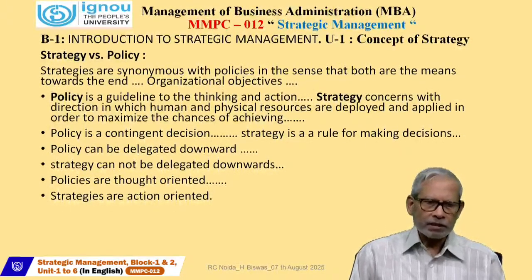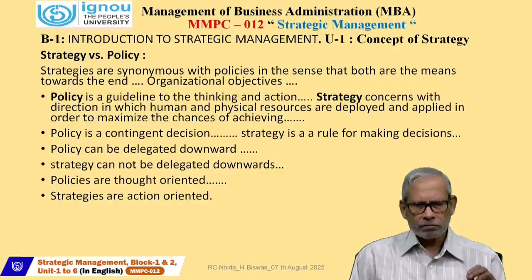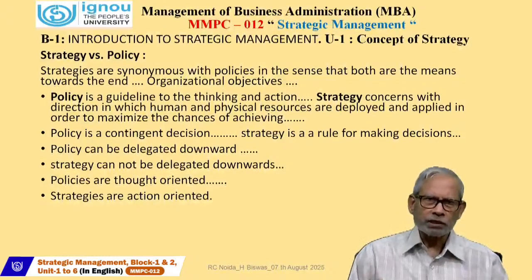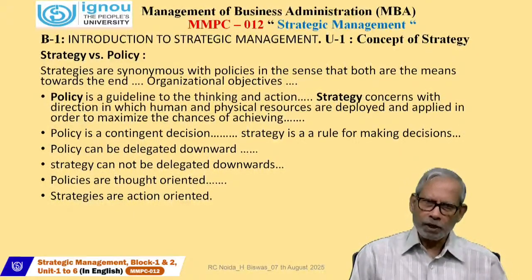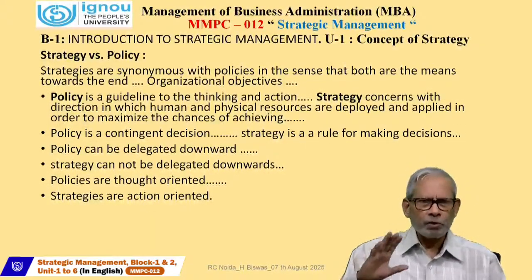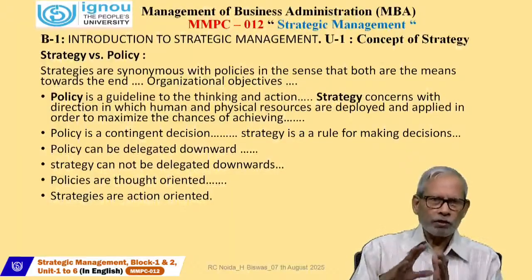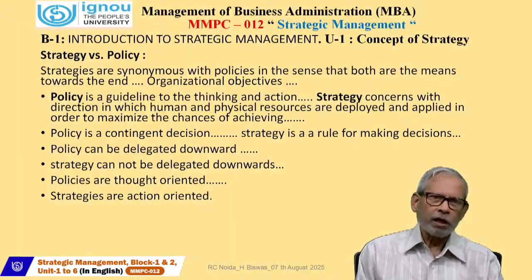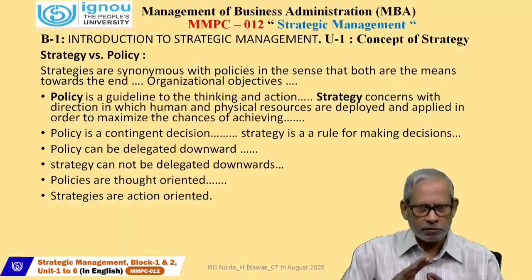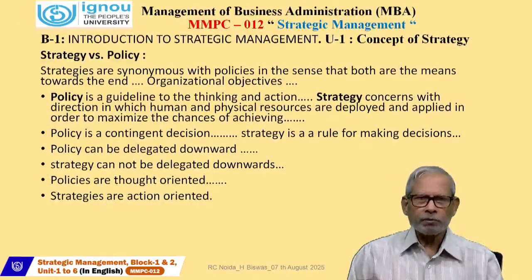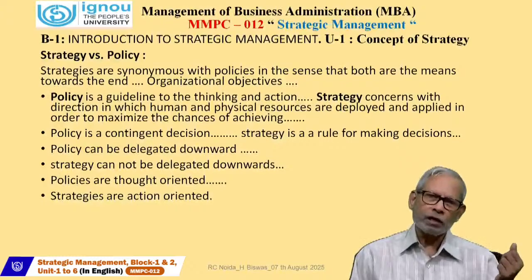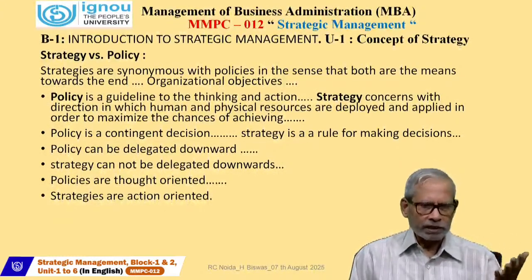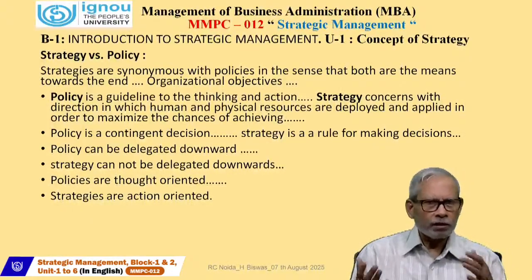And policy is basically some contingent decisions, and a set of rules. You have to maintain the rules and go ahead. That is the policy prepared by the management, keeping in view the overall strategy also. For this strategy, what type of policy is required so that you can go through the project smoothly and seamlessly. That's why policy is the secondary line of action, you can say, to fulfill the strategy's actions. So strategies are action oriented, but policy is not like that.